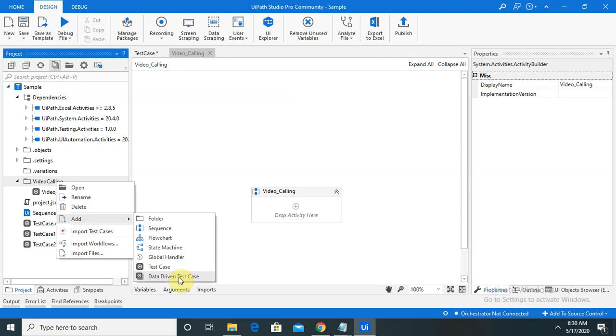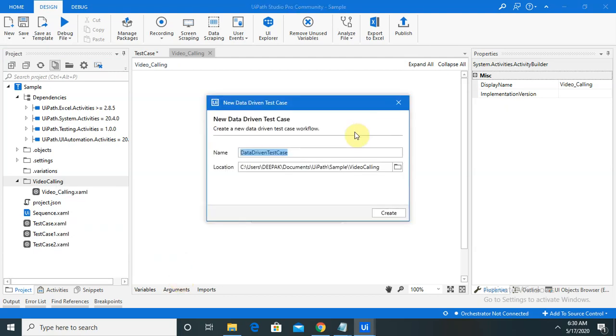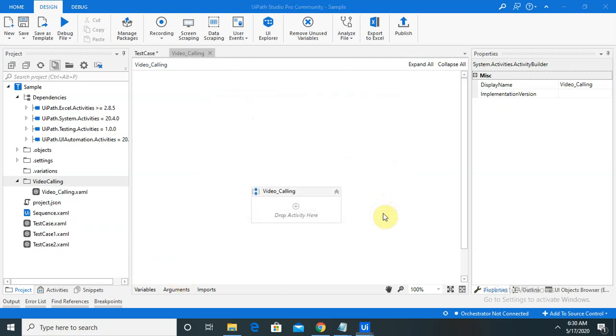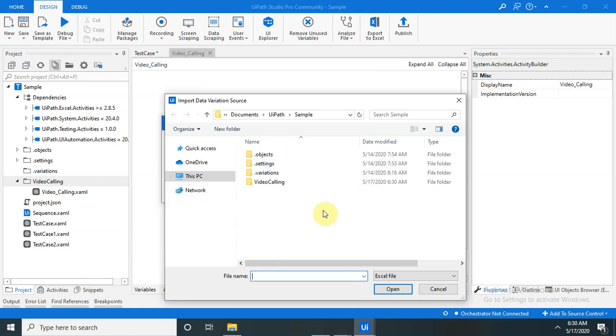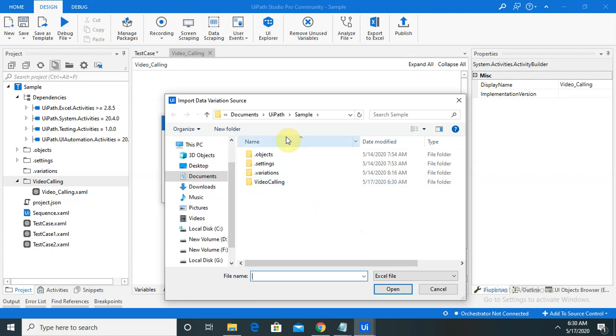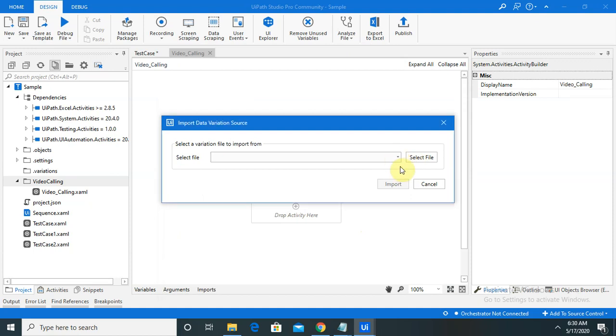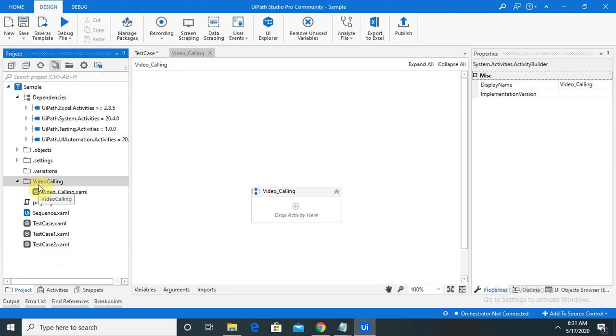If you want to create data driven test cases, just click on this and select your Excel file. If you have any Excel file which has data, you can include that and create the test cases according to the test data. I am not creating it now. Once you select this, it will pop up data driven, and according to that, it will import and show up in terms of variables as well. So I am not adding.